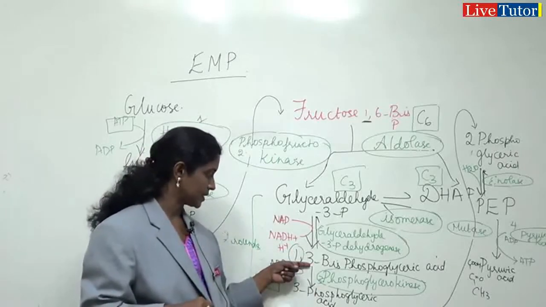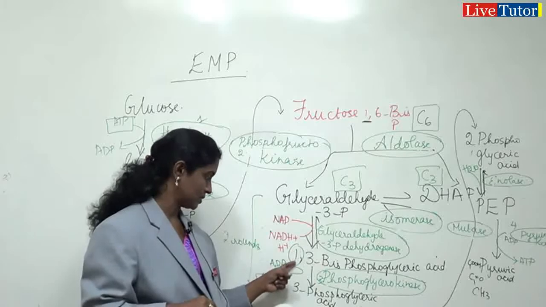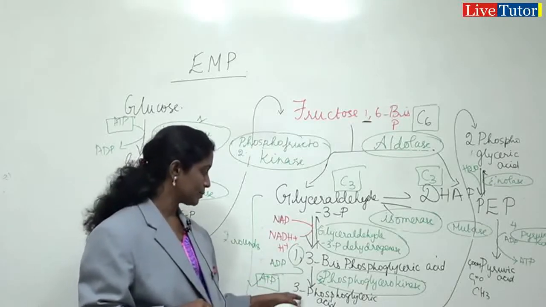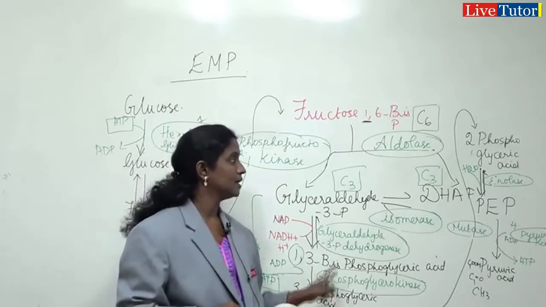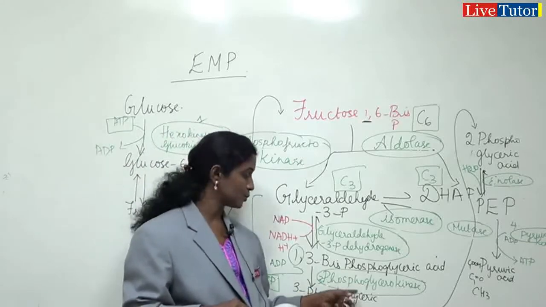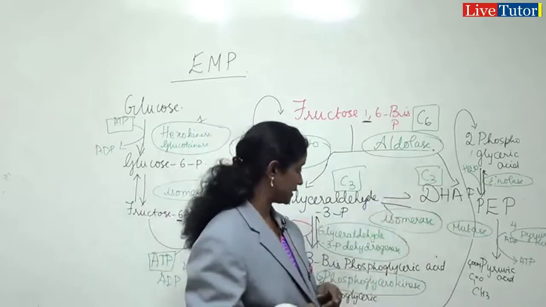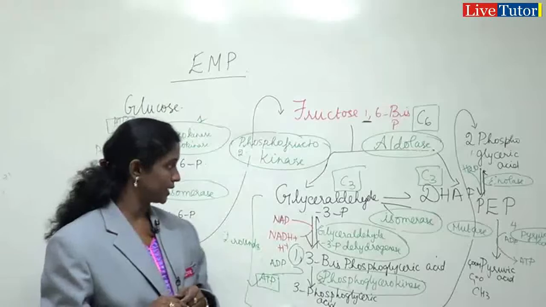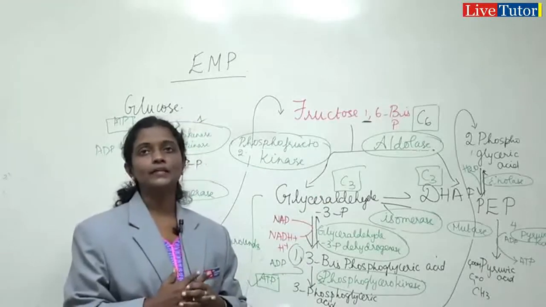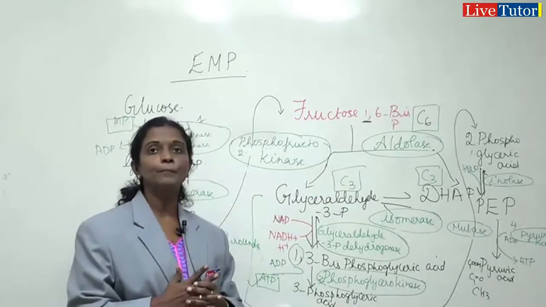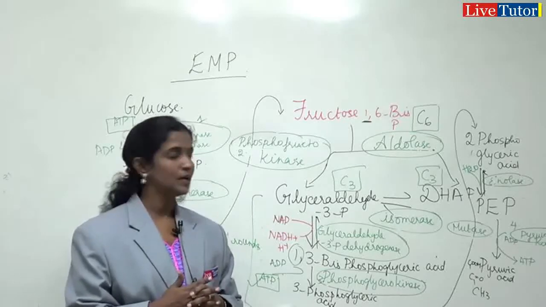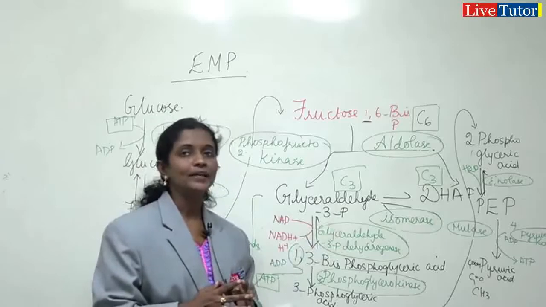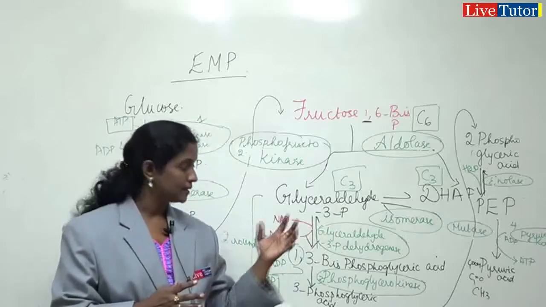This 1,3-bisphosphoglyceric acid is going to donate its phosphorus present in the first carbon to ADP to become ATP. So we get a product as 3-phosphoglyceric acid. Then 3-phosphoglyceric acid, just a positional isomer, is going to get converted to 2-phosphoglyceric acid by the enzyme mutase, phosphoglyceromutase. And then water is involved, where it converts the phosphoglyceric acid into PEP, phosphoenol pyruvate, and the enol pyruvate is going to get converted to pyruvic acid, and here pyruvate kinase plays a key role in reaping the benefit in